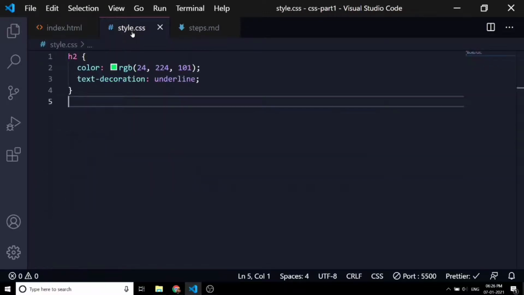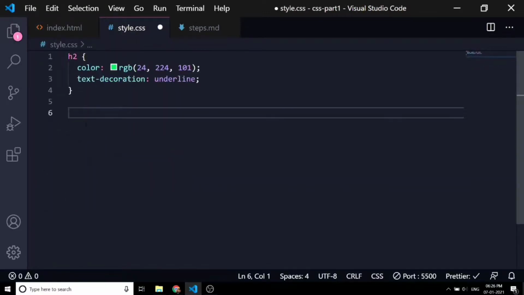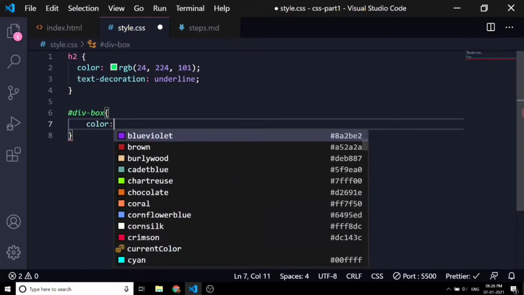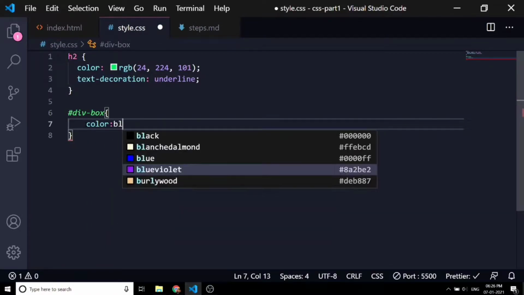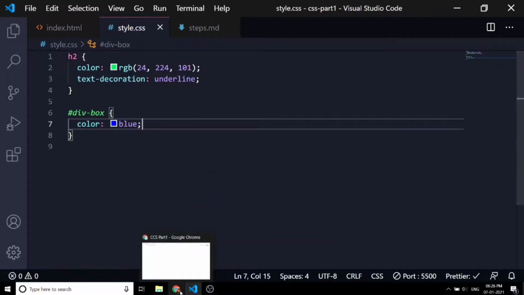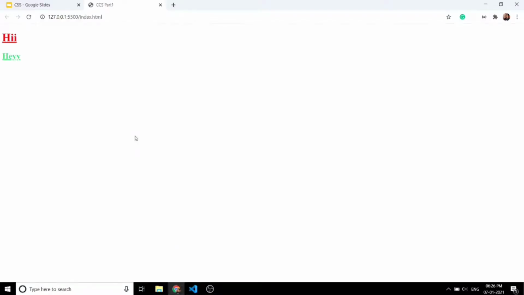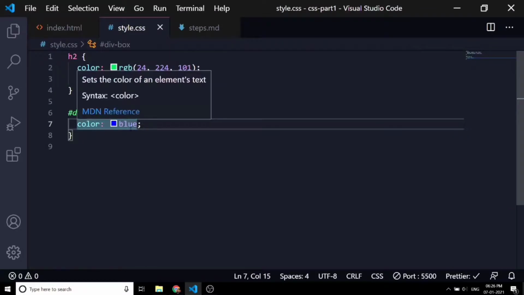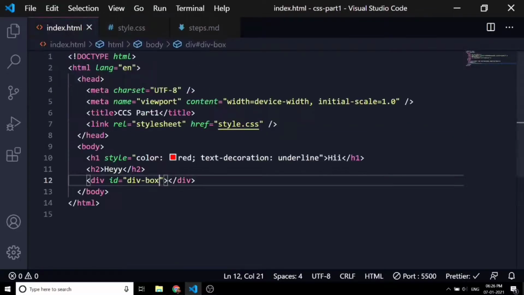For targeting this, we have to use a hash symbol. After that, we can write a property like color. Let's give it blue this time. If you see, nothing really happened. Why is that? It's because we are giving color to a text, but this div doesn't contain any text.